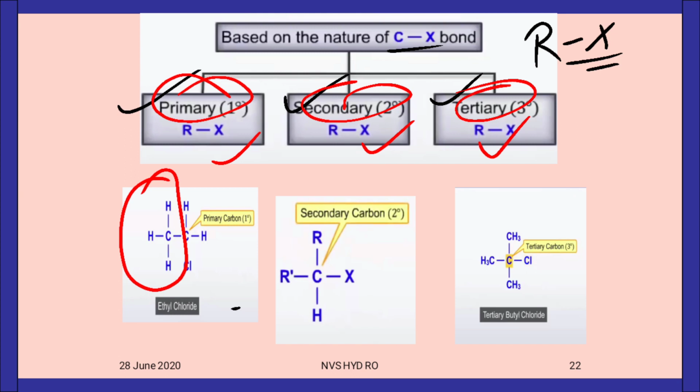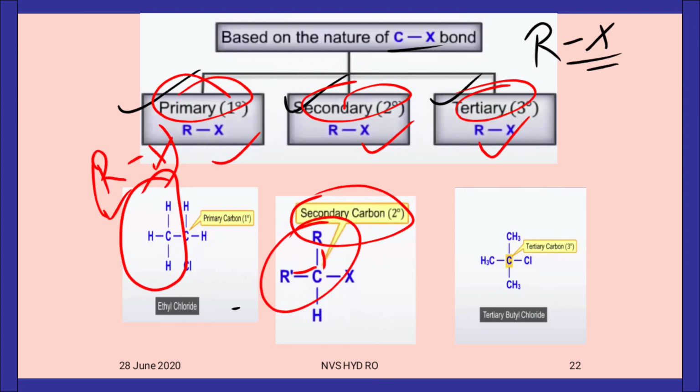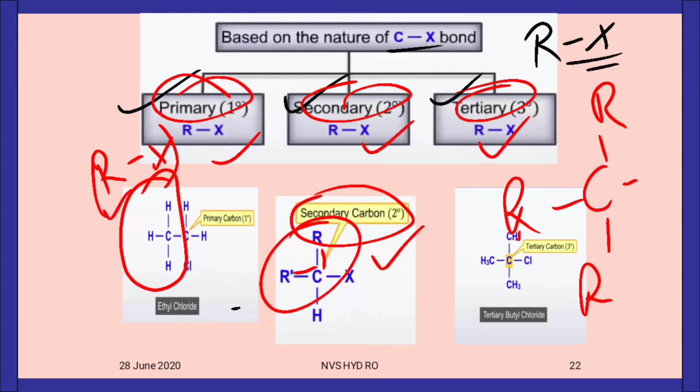Now what is so special about the primary? The special thing about the primary is that यहाँ पर आपका सिंगल एक ही आर एक्स बॉन्ड आता है। ठीक है, आर एक्स बॉन्ड एक ही आता है। सेकेंडरी में आपके 2 बार आते हैं। देख पा रहे हो आप कितने बॉन्ड आए? 2 आए ना, तो ये 2 डिग्री का हो गया। सिमिलरली अगर आप टर्शरी का देखोगे तो इसमें 1 बॉन्ड, 2 बॉन्ड, 3 बॉन्ड तक ये चला जाता है।